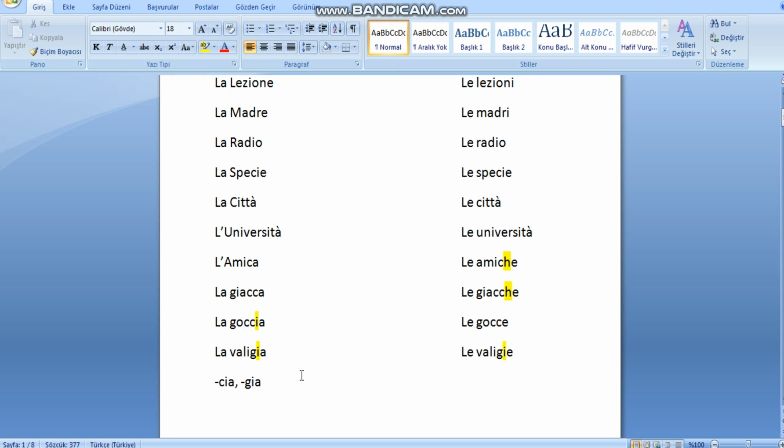For instance, la camicia. And here, since in front of the letter C we already have the letter I, we will continue using it the following